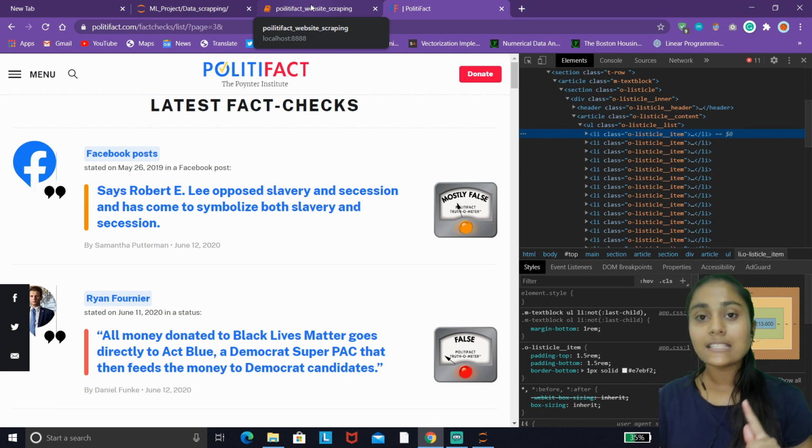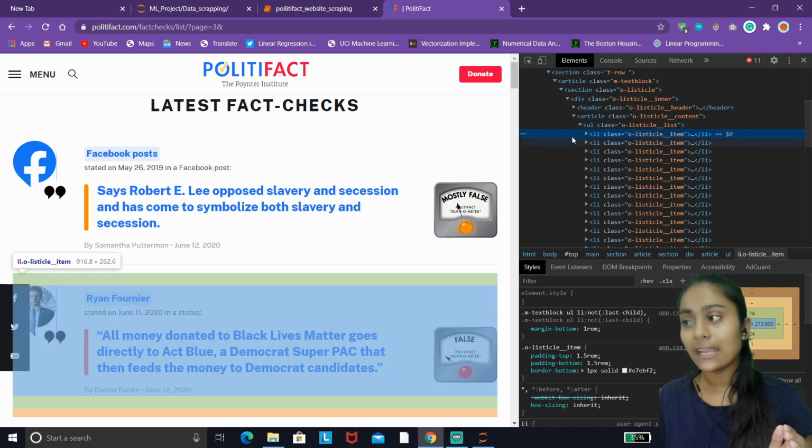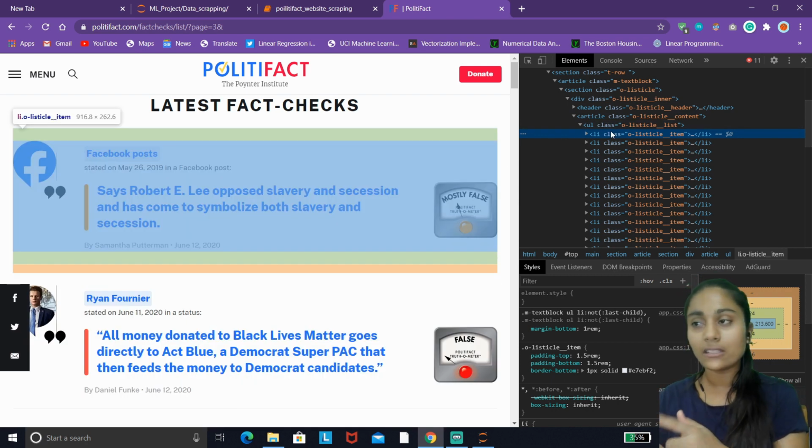The first thing is to locate the items that you want to scrape from your website and see in which divisions, in which tags they are contained. As we can see, we want these news articles, and these news articles are contained within this li tag, and all of the news articles are contained within the li tag.